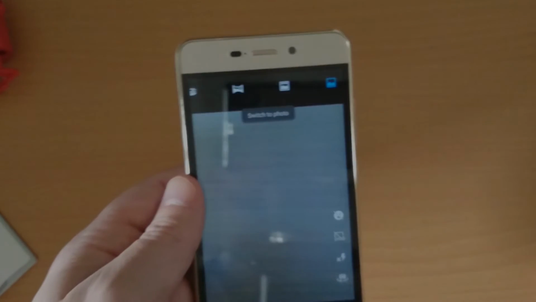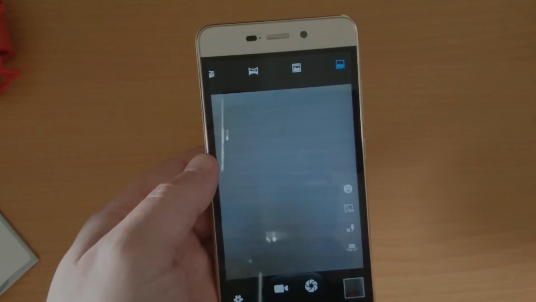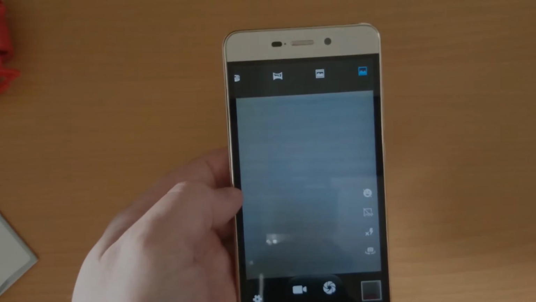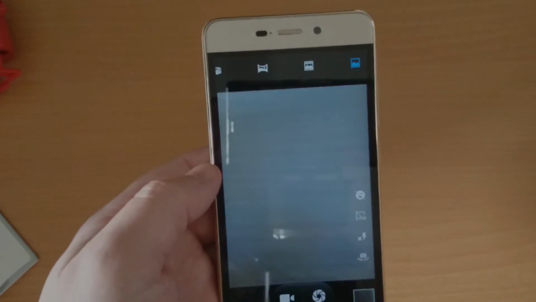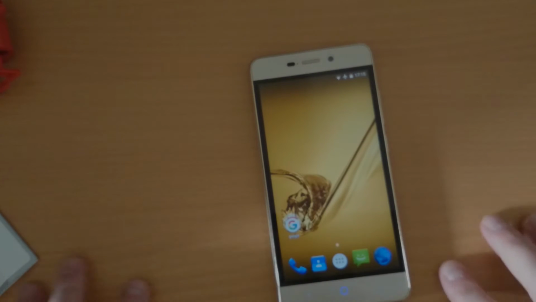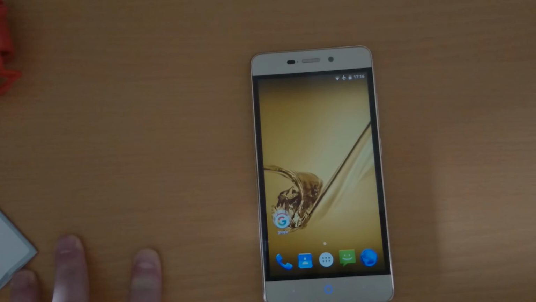I've taken a couple of shots of trees and little flats with it. It's taken me ages to get it to autofocus, but when it does, it's not that bad. The images themselves, I'll put a few up on post edit. They're not the best. There's a lot of noise in the photos. For a 13 megapixel shooter,